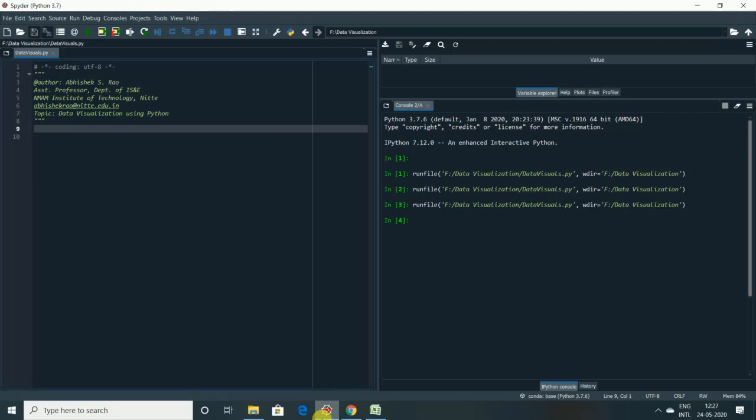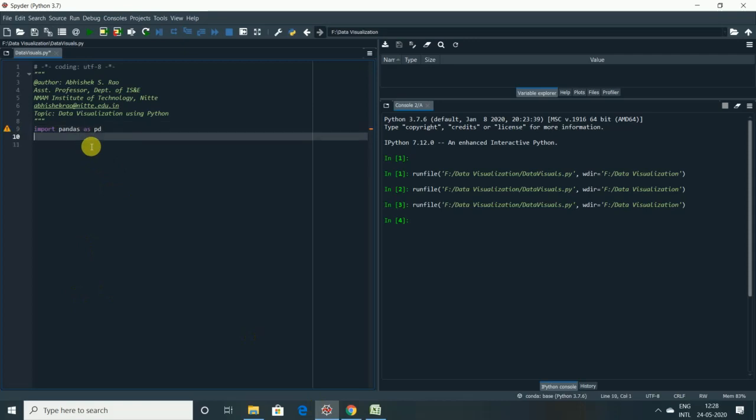First, let us discuss the packages which are required for our study. Let me introduce three packages: Pandas, Seaborn, and Matplotlib. First, let us import all the packages. Import pandas as pd. This is the common nomenclature which we use for pandas, as pd. Similarly, we will import Seaborn as well. Import seaborn as sns.